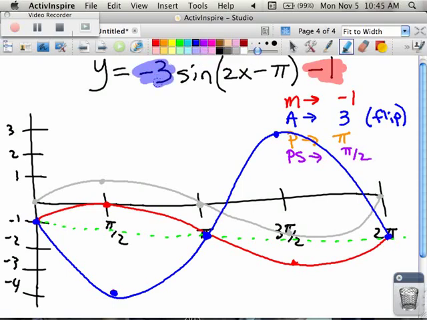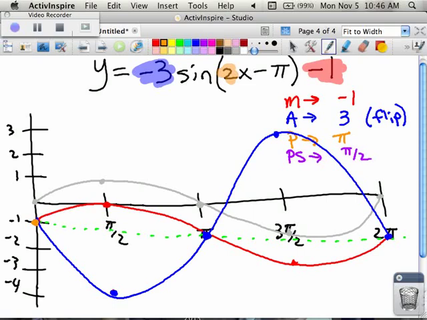The next thing that I'm going to take care of is the period. So the period has to do with this thing in front of the x. And we said that instead of being 2 pi, and you can see the blue graph stretch out all the way to 2 pi, I'm going to do the same 5 points, but I'm going to be done by the time I get to pi. So the way that that looks now, if I make it happen with the new period, is I start here,